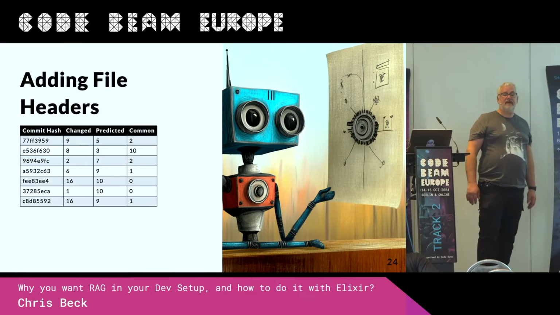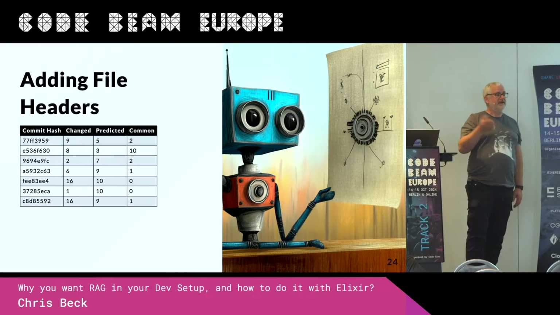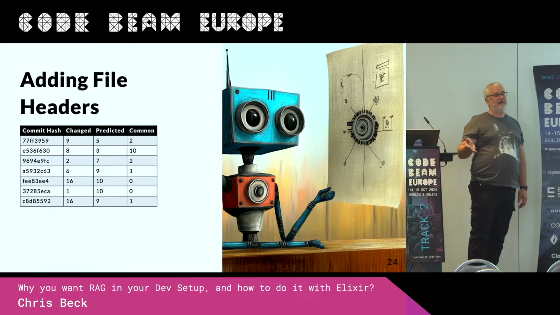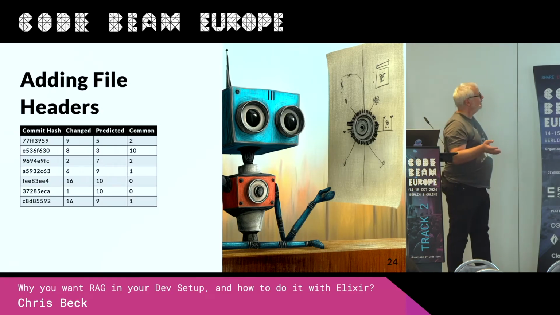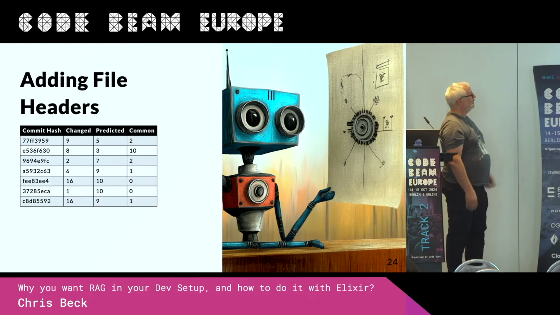is a bit different from RAG on files, because if you retrieve a PDF document or retrieve information from a PDF document, you're actually interested in the information. Who was the president on whatever day or something? You would just want the information in your context. But if we are doing RAG on code, we also want to know which files we are looking at. And that is information that normally is not included in the chunk. It's just the document itself. So if we add a file header with a file name only, or even a small header about what the file does, and if we inject it into every chunk, we get a better performance.